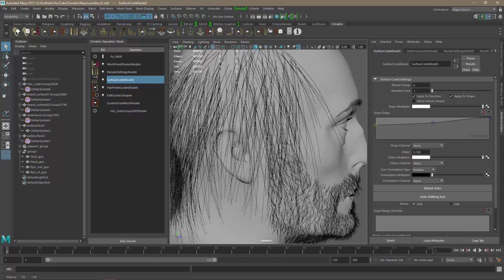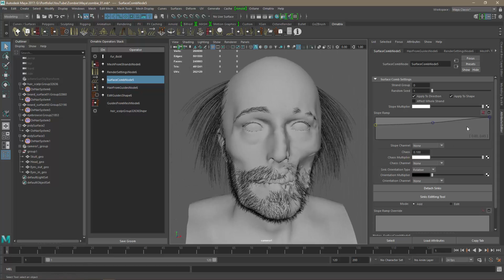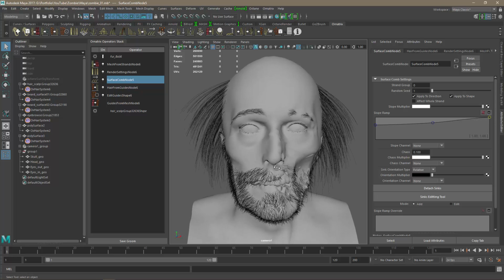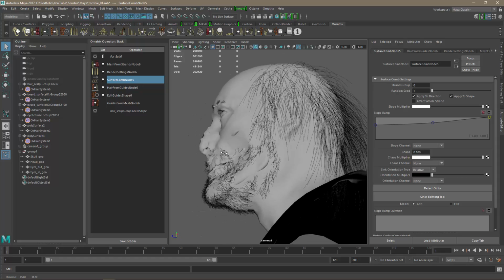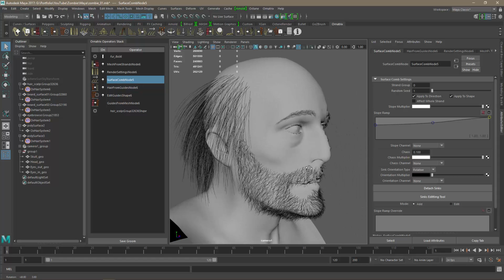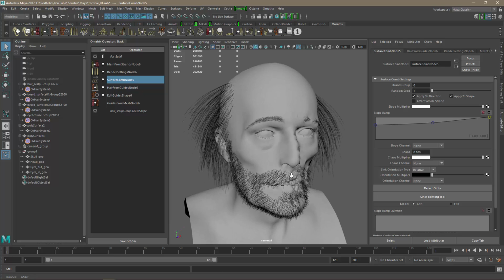All right, and one thing that I might add later for the hair is the gravity, but let's do that later. So for now,